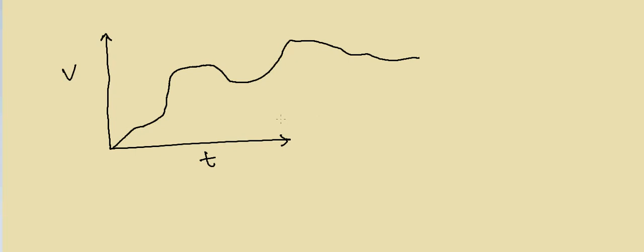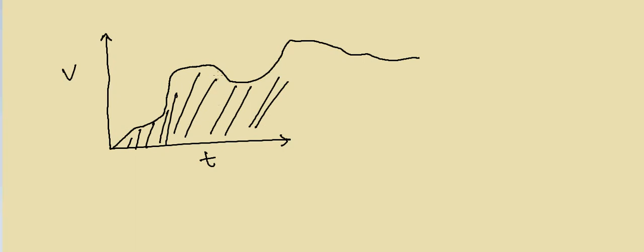So if we have to calculate distance in this case, we have to calculate the area. That is the only way for us to do that. So in this case, how do we calculate the area? By using calculus if we know the equation of the velocity, or we divide this area into very tiny parts, and then we add these tiny parts together to ultimately calculate the distance. So that's why velocity time graphs are useful, both concept-wise and sometimes even for calculations when it comes to real world problems.